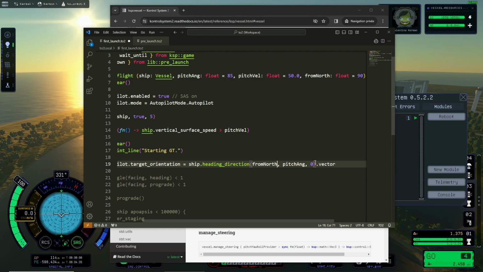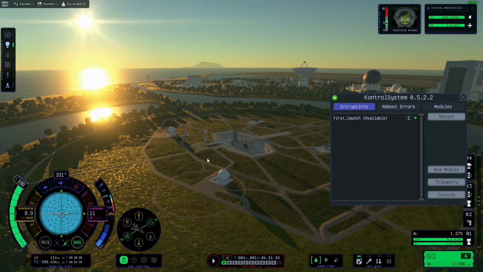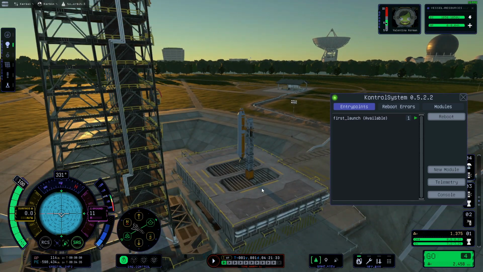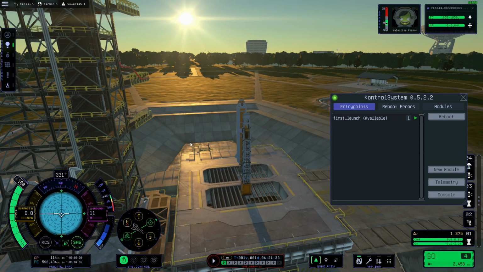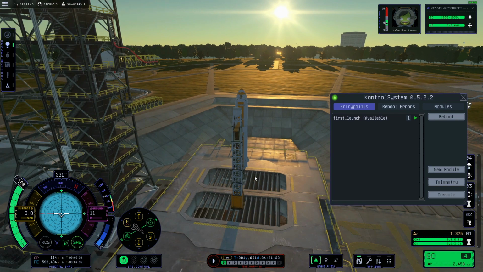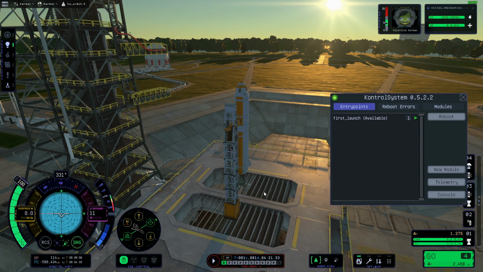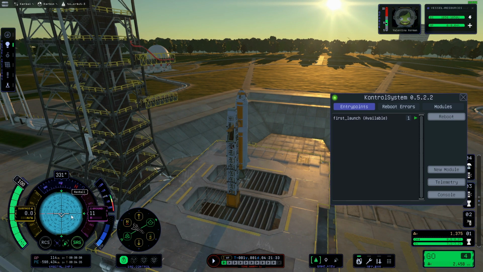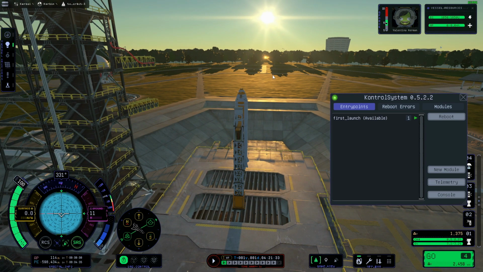Okay, and the roll, I keep it at 0 because I like to build my rockets such that they are pointing east already. You see here the east is down my nav ball, because inside the VAB I have rotated my rocket to be facing the east direction. All right,